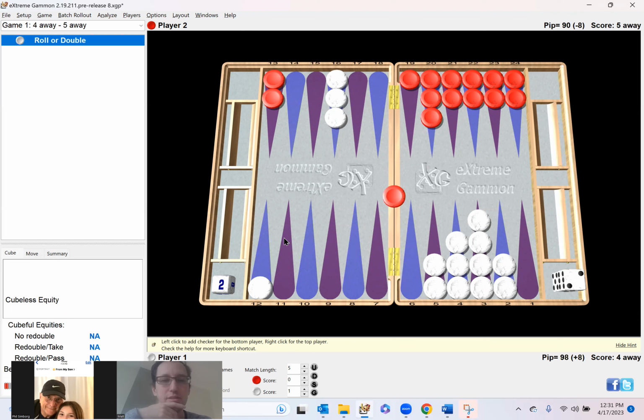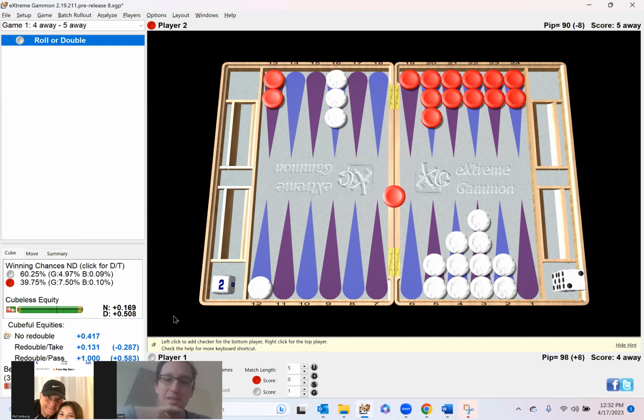Yeah. It can't be a cube. You're down 8 pips. No, it's not going to be a cube. I just wanted to, for edification purposes, show what the difference is going to be. So the other play was almost a pass, like 1.0, and this is closer to 50-50, but you can still use the cube later in the game and